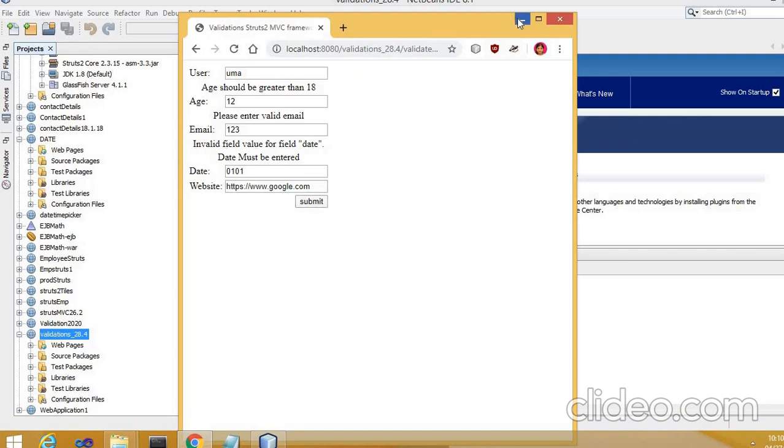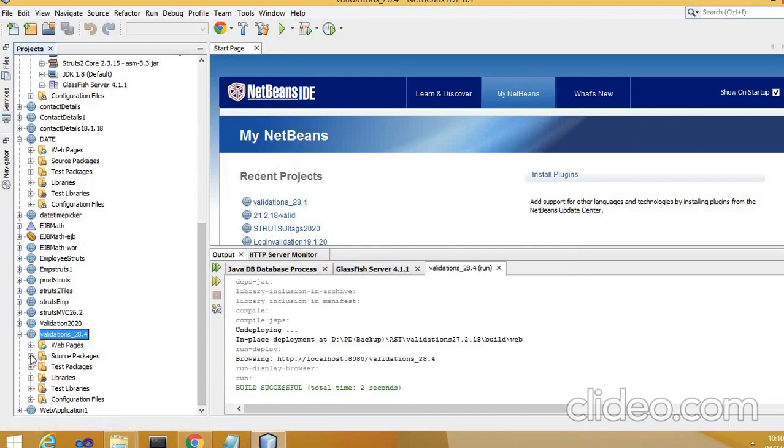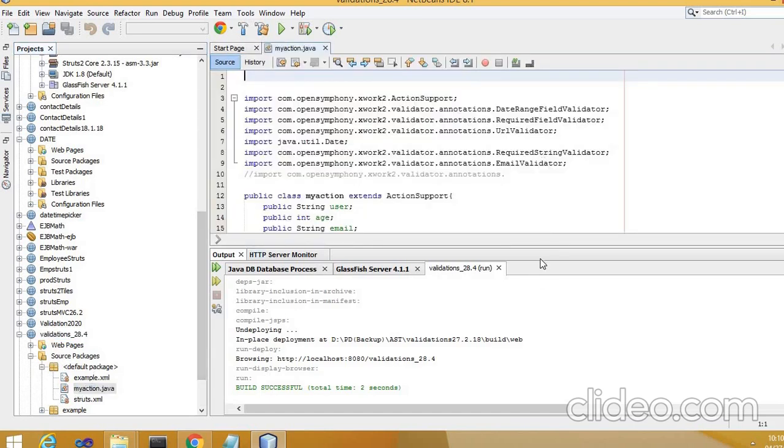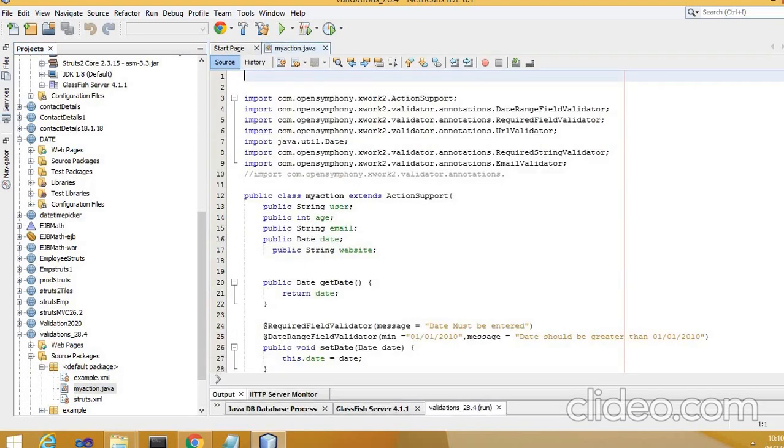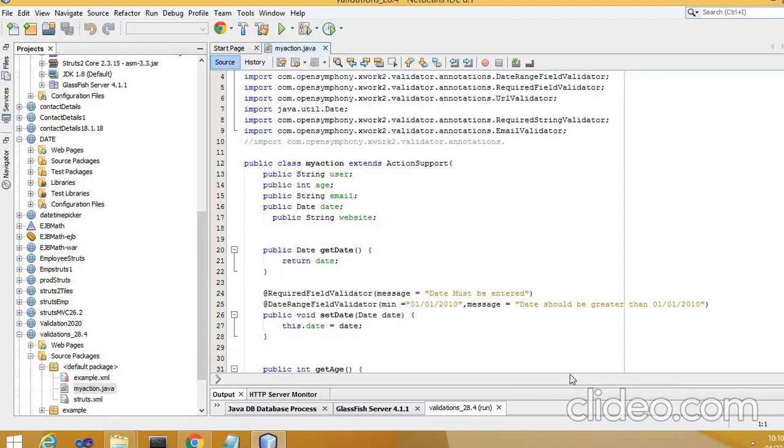Okay, so here you will see the Java class file in which we have given the necessary validations. What were the validations given here? You can see here, get date, set date. For the above set date we have given the required field validator, required date range field validator.